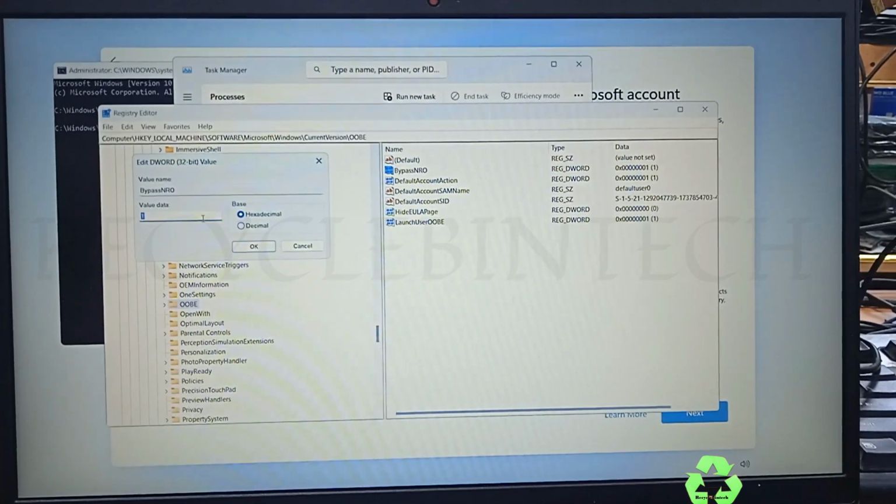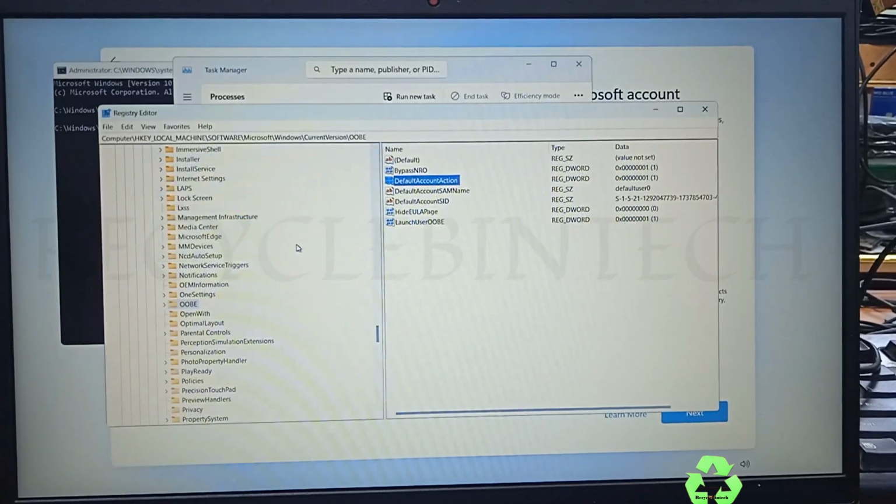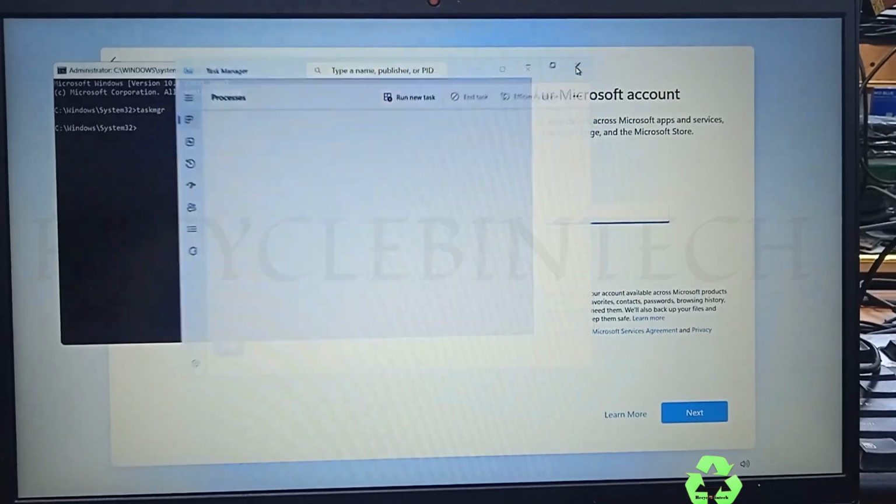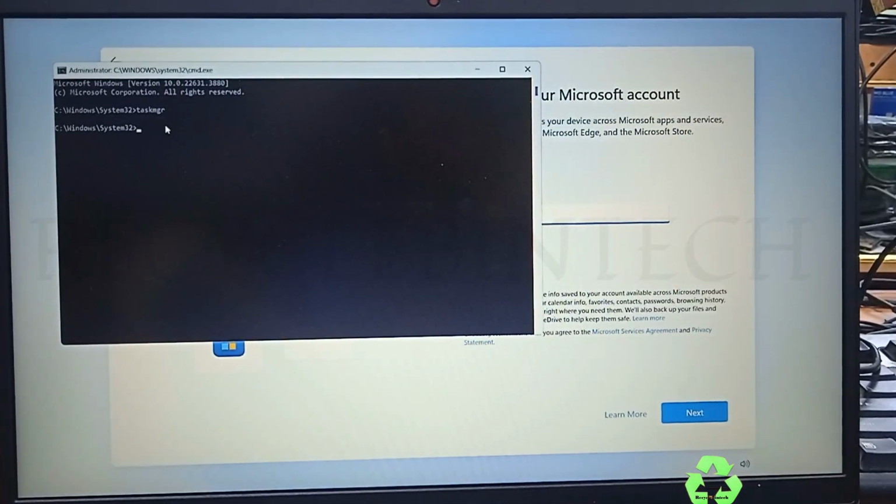If you change the value, some people change it to 0, and sometimes it works. From here also, the default value is already 1. If it's mostly 0, we will change it to 1. Now it's already 1, so let us keep it like that. Then we'll close this screen, and from here also we'll close the screen. And in this, we'll type over here